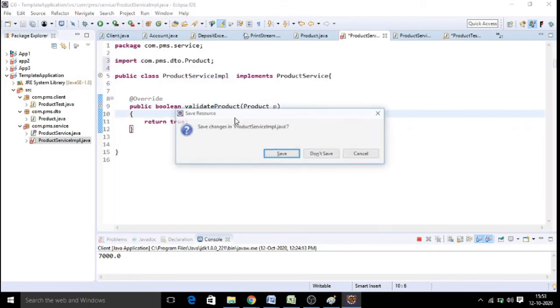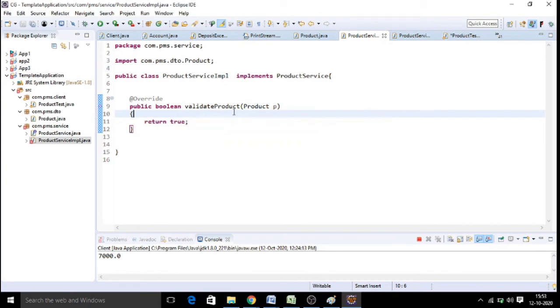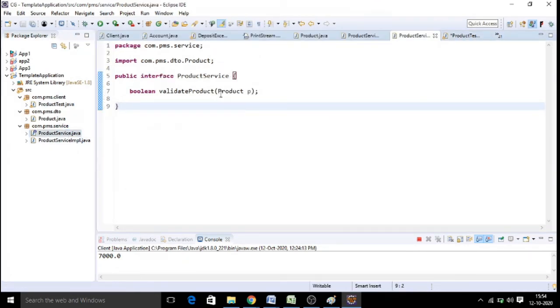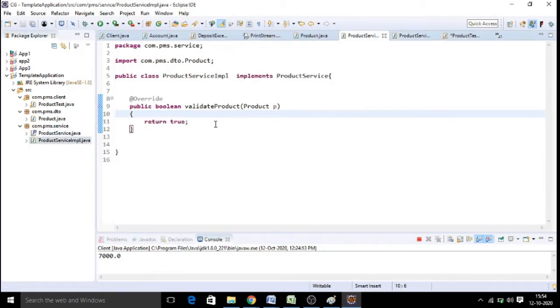So we have got everything ready now. Now I am able to read my product details. I am able to send the details. When I send my product details to this place, here it is an abstract method. So I am not going to do anything here with the interface. The actual logic we will write here. What is the thing you wanted to test? This depends on the requirement specifications of your case study.